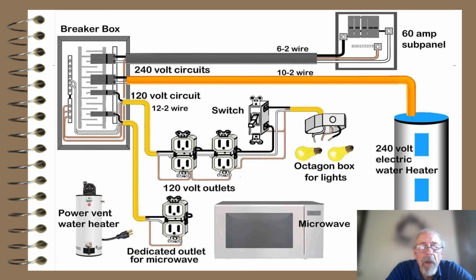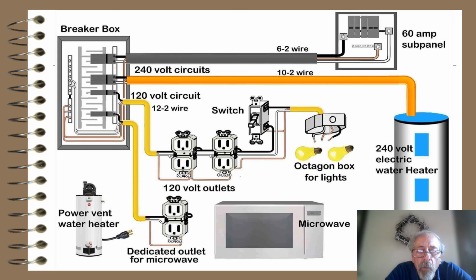Here's a little more about how the breaker box is wired. So the power comes into the house or apartment. You can have 240 volt circuits. That shows a 60 amp sub panel up top where there's some 6-2 wire. 6-2 would be 6 gauge with 2 conductors and a ground. Then there's the orange wire that goes to the 240 volt electric water heater. So 240 volt circuits supply more power. That uses 10-2 wire. All the outlets are 120 volt circuits, which use 12-2 wire for a 20 amp circuit